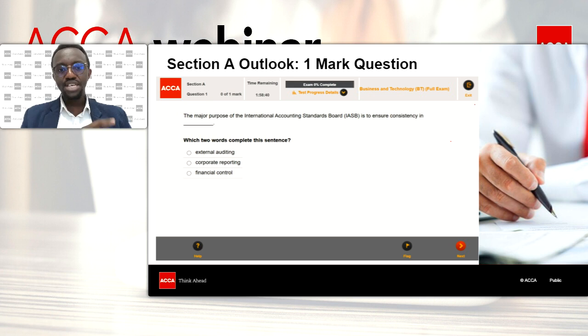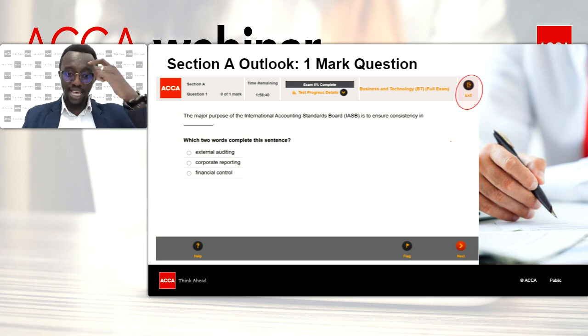Now, this is how question 1 would look like. And I just wanted to really give you an appreciation of one question that I took from the specimen exam. Now, as you can see here, the first thing you see is this area on the exit button. Now, why I'm emphasizing on this is that some years back when CBE was actually introduced, when on-demand CBEs or computer-based exams were introduced, I remember a student who did not necessarily